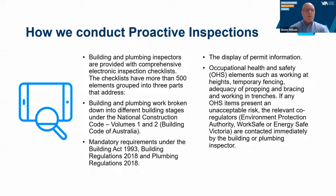How do we conduct our inspections? Our authorised officers will enter the sites that are under construction to complete an inspection when the site is deemed to be safe to enter, following an OH&S risk-based assessment of the site on arrival. The site, if deemed to be safe, will then be entered